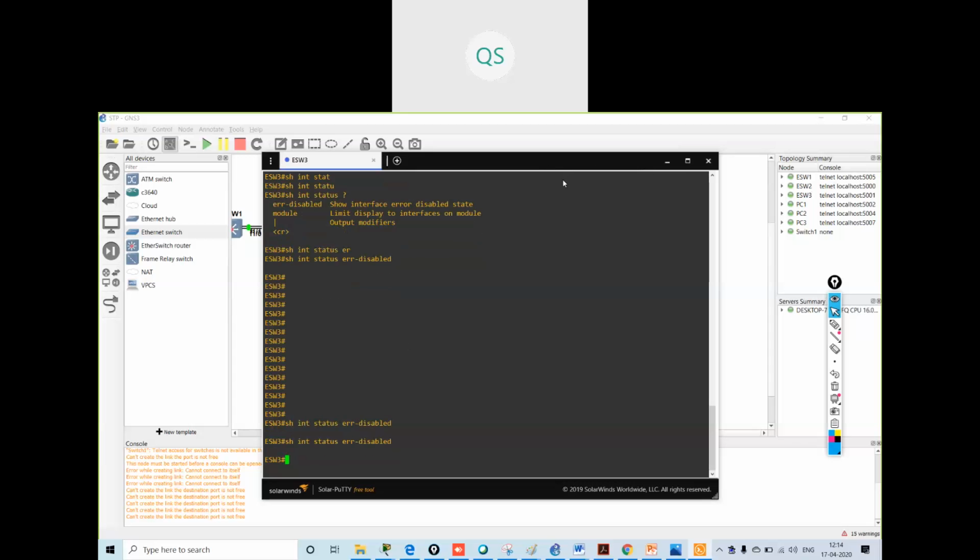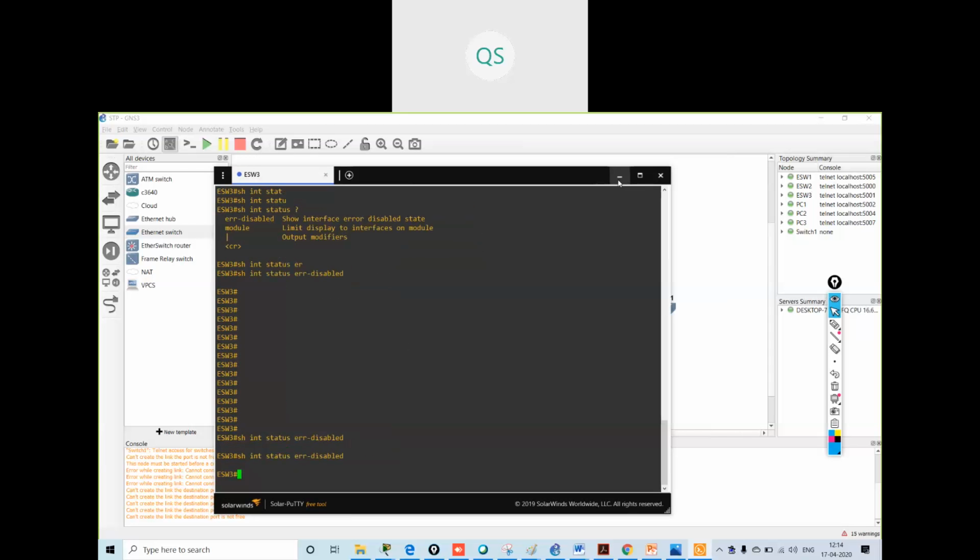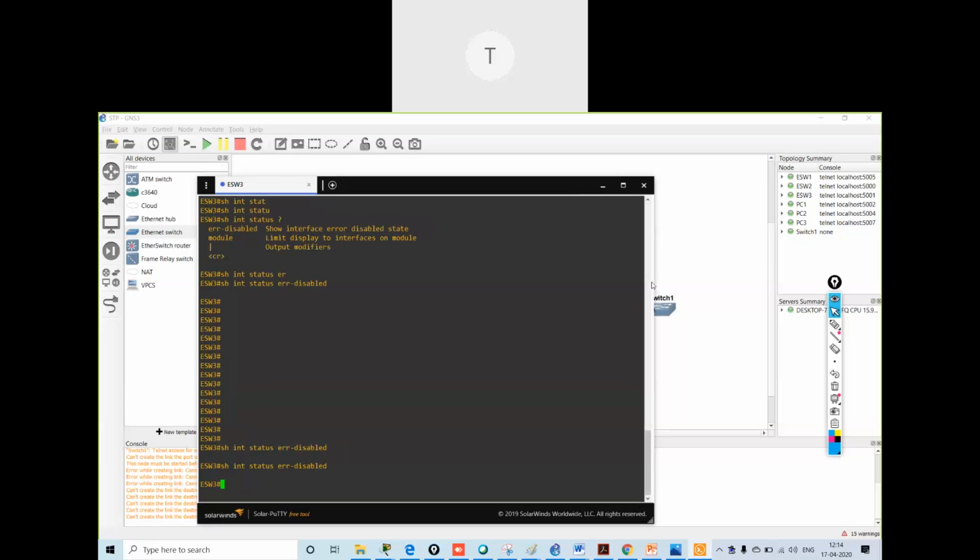So now what is the configuration of that interface? Show run interface 1/2. Have we configured errdisable? I think we did, but just to confirm, check the running config for the interface.